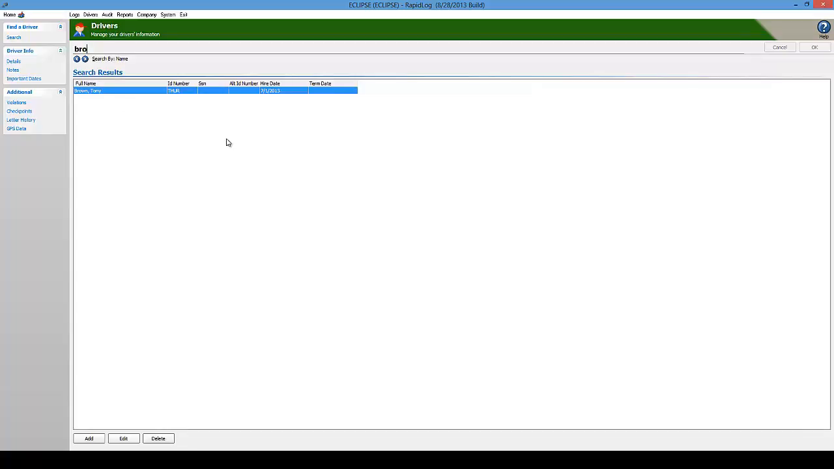Now what we'll just want to discuss is what constitutes an active driver in the system and how we can terminate drivers or remove drivers that we no longer need in the system. So when you purchase the RapidLog program, you are allotted X amount of drivers. This may be 10, this may be 1,000 drivers. But essentially you cannot enter logs into the system if you have more than the number of drivers that you're authorized for. So in our system, if we only had 10 drivers